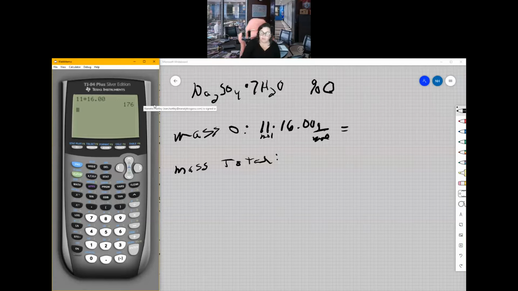176. Now, when I write this, I need to have how many sig figs? Well, 11 is a counter, so we don't worry about that. But 16 has 4 sig figs, so this should be 176.0 grams. Now, if I look at the total mass, I'm going to need 2 times the mass of sodium plus the mass of the sulfur plus this 11 times 16